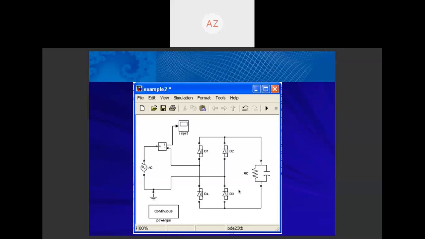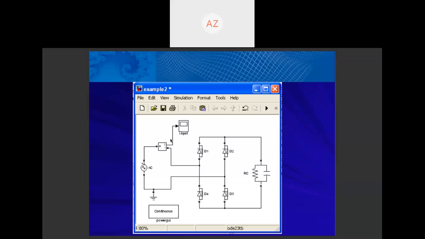I think we have no time to wait for all of you to draw the circuit. So I'm just showing you how to perform circuit analysis from the MATLAB Simulink waveform.